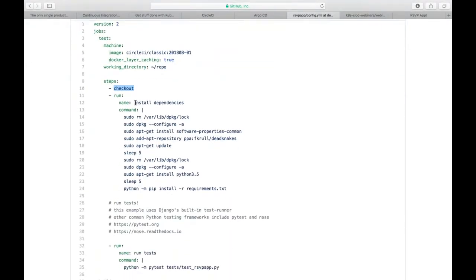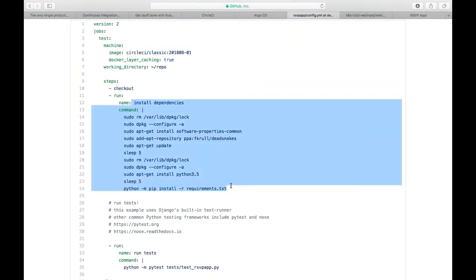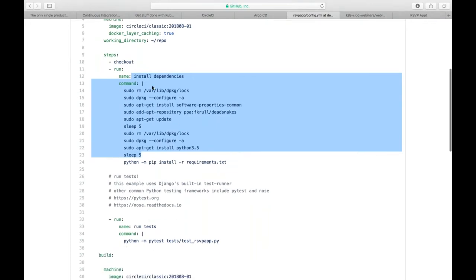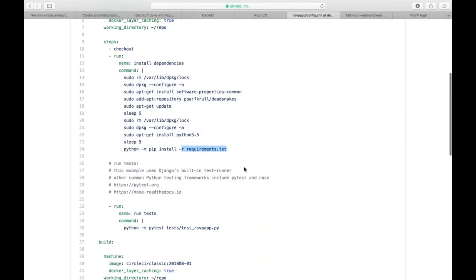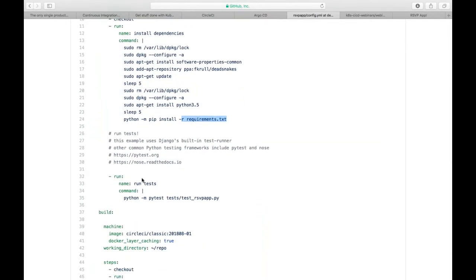In that checkout step, we download the source code and install dependencies for our application to run the test cases. So what we're doing here is looking at the requirements.txt file for our source code and installing those packages. After that happens, we run the test cases. We use this Python command, using which we run our test cases.